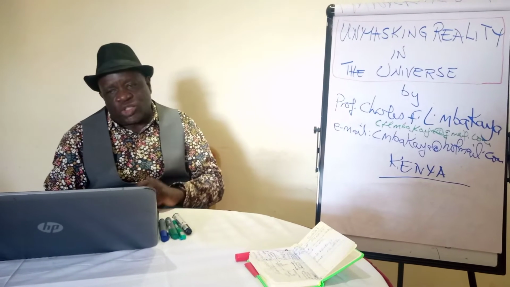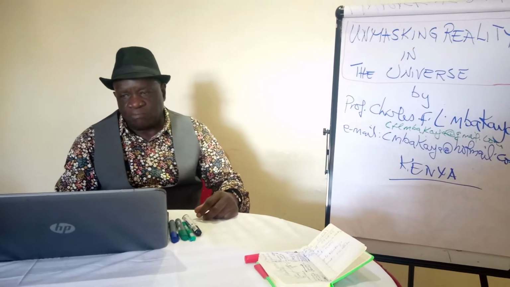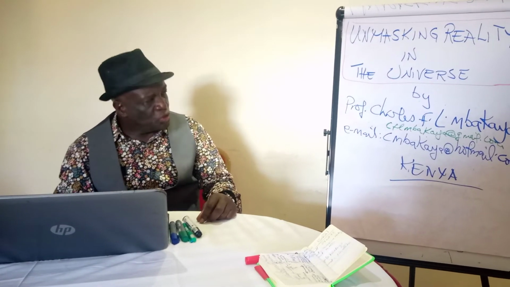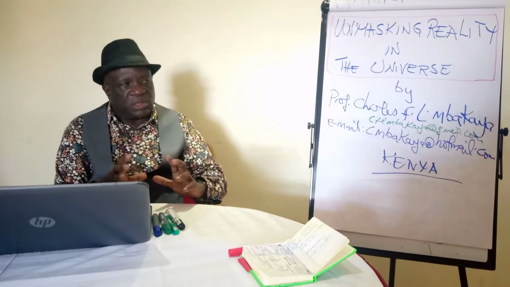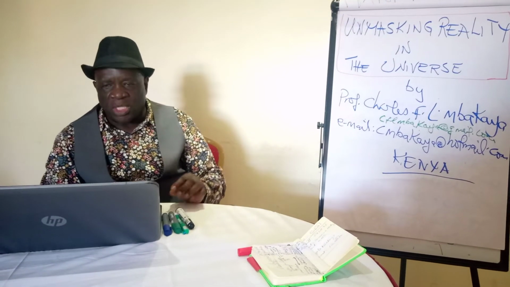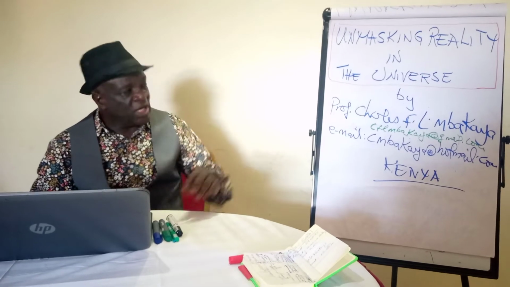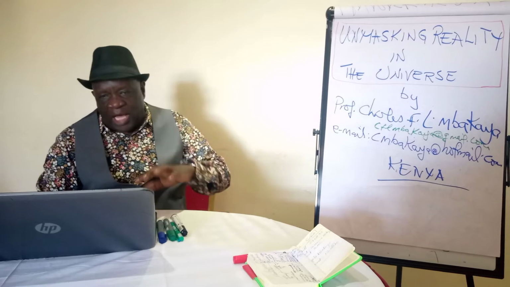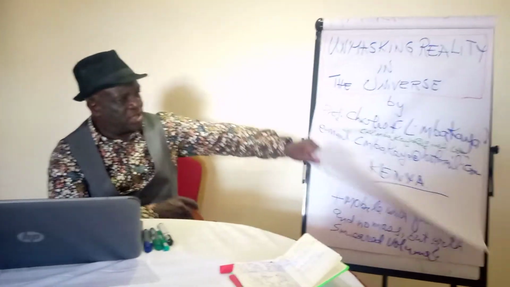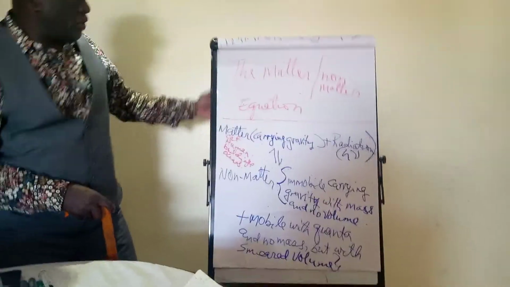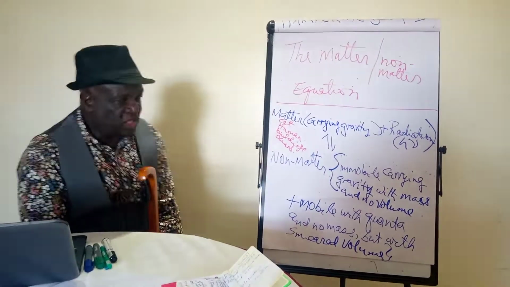So when matter interacts with electromagnetic radiation, where energy is absorbed in quanta to prosecute certain excitations and transitions that make matter exist in both the classical and quantum worlds, the process can be summarized in the following new equation, which I could call the new matter-non-matter equation. And that equation is what I summarize here in this figure on the flip chart. So the matter-non-matter equation, according to me, could be this: